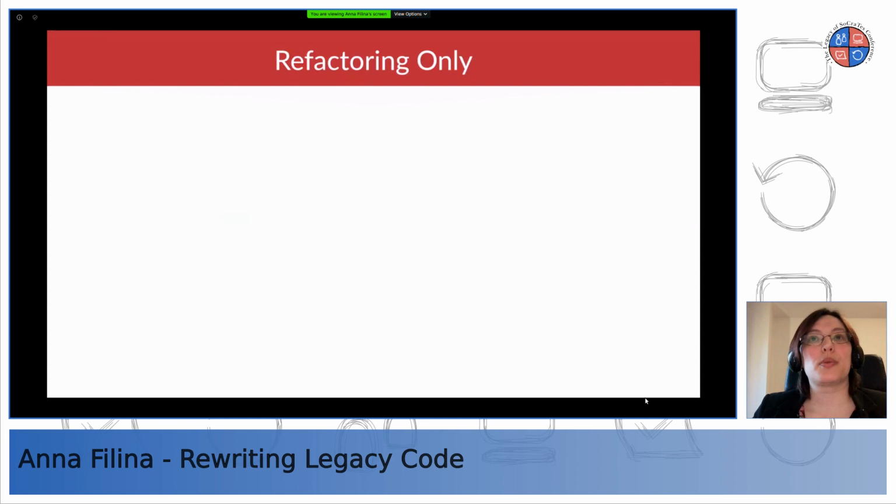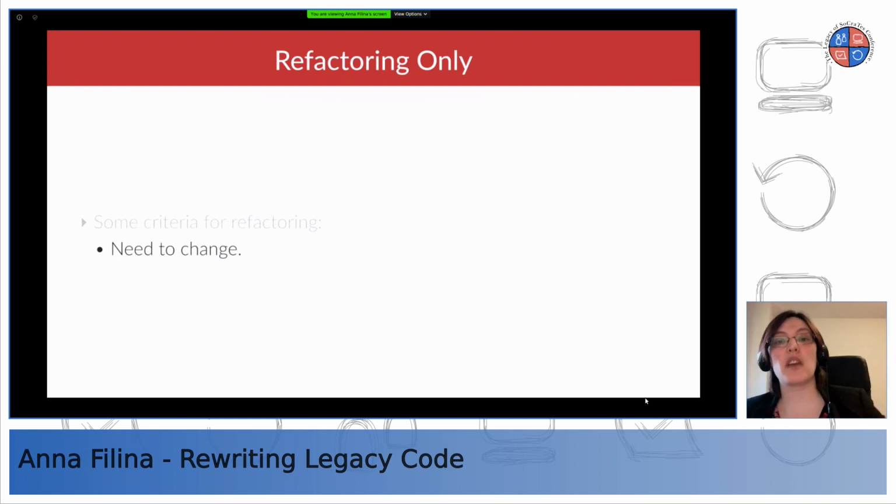Now, when you go the route of just refactoring, I personally don't do just refactoring. I rarely go on a refactoring crusade because I think that in itself it brings little value. Things have to be paired with some sort of business value. There needs to be a purpose to that. So one of my criteria for refactoring is, do I actually need to change this code? If I have a bug that I need to fix or a feature that I need to extend, then I might refactor the code with which I'm working because it makes it more extendable, more testable. There's an immediate advantage, and you don't have to justify the refactoring.